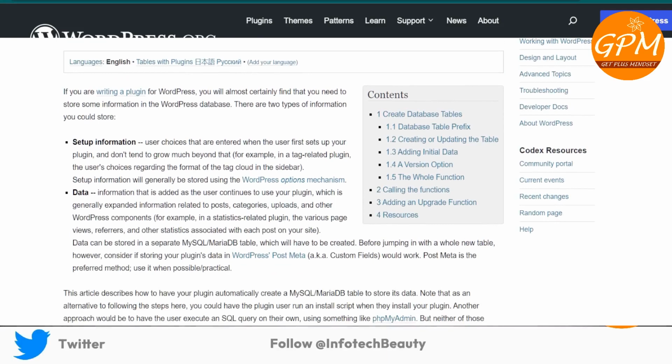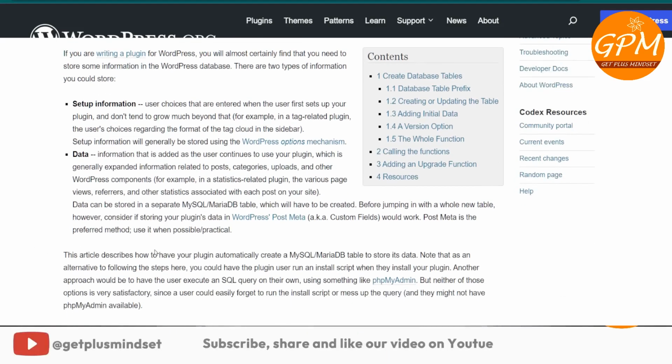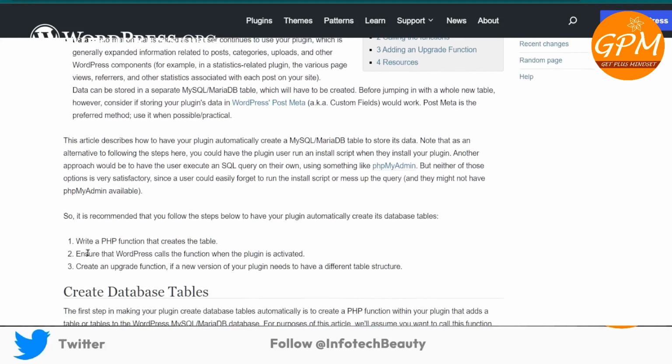In the next phase we will discuss how to add a database table inside your code, database installation using a plugin. If you can add a database table, then you can also create a form for adding data to that table, and you can add, edit, delete the content. But here, as it is a very short tutorial, a 1 hour tutorial, our main focus is to add a table